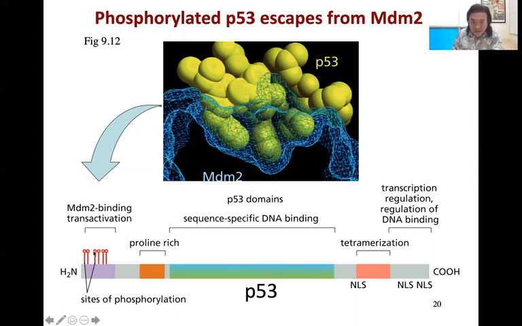p53 can be phosphorylated in this purple transactivation domain. Why is that important? Look at this really cool figure up here. This is 2 proteins pressed up against each other. The green tennis ball ones are the electron orbitals of the p53, so that's the 3-dimensional shape of the p53 protein. And the MDM2 is shown in this kind of transparent net so that you can see through it. And you can see how perfectly the p53 fits with MDM2. That's why, if this binding happens, MDM2 can then easily start adding ubiquitin molecules to the p53.